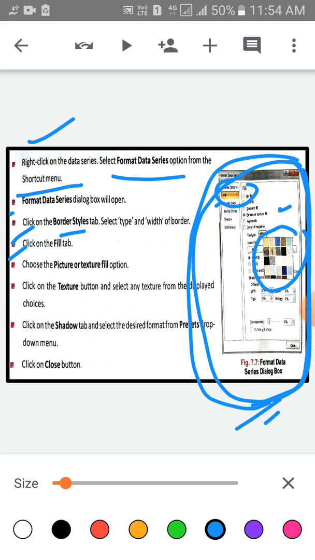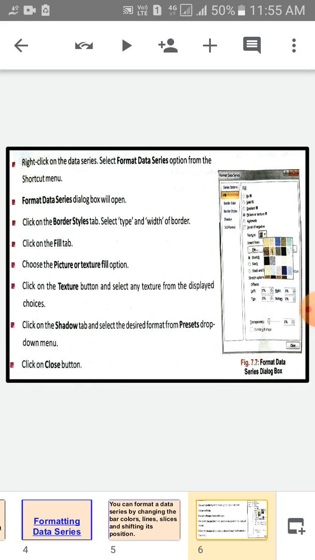Choose any texture from the available choices. Click on the shadow tab and select the desired format from the preset drop down menu. And lastly, you have to click on the close option. Okay, this one. Clear?